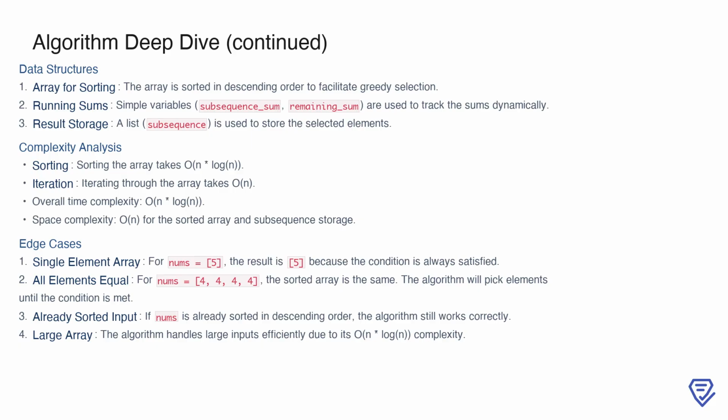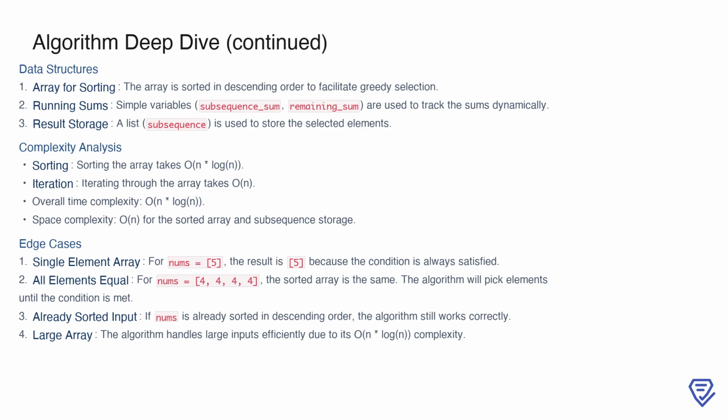For a single element array, such as [5], the result is simply [5], since the condition is automatically satisfied. If all elements are equal, like [4, 4, 4, 4], the algorithm will pick elements until the condition is met. If the input array is already sorted in descending order, the algorithm still functions correctly. Finally, the algorithm handles large arrays efficiently due to its logarithmic factor in the sorting step, ensuring scalability for larger